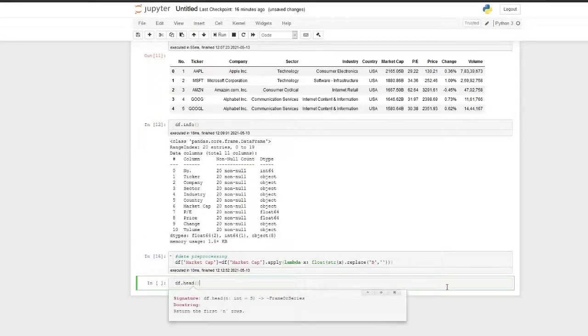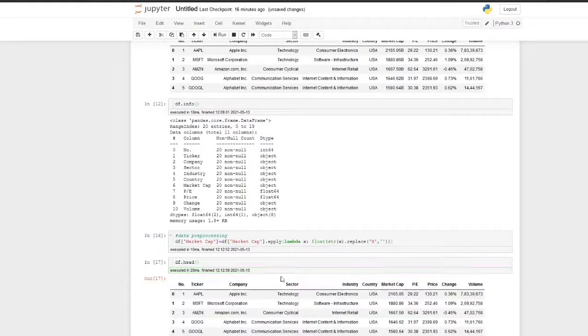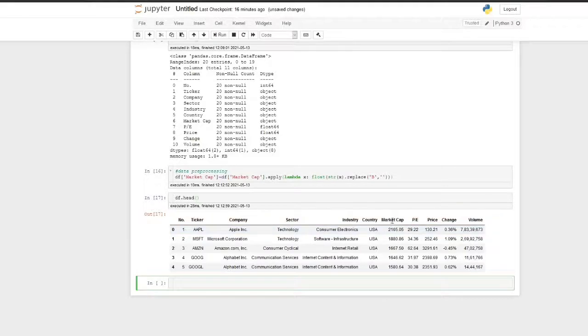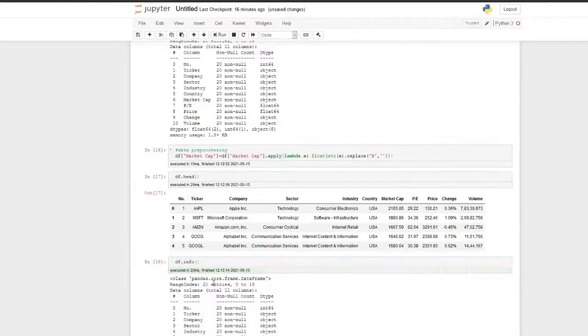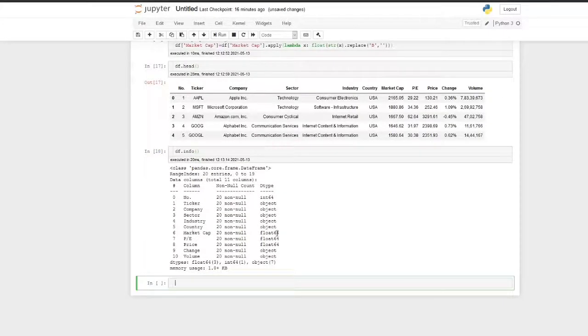Now let's see how the data has changed. You can see now the market cap, that B is removed, and it is in floating point. See, now market cap is float data.